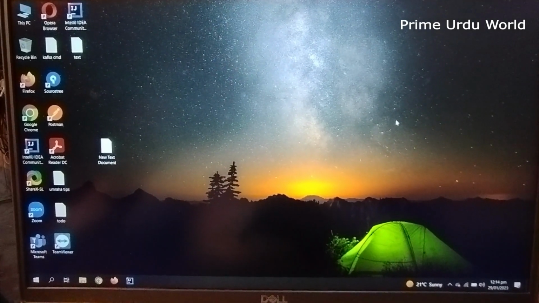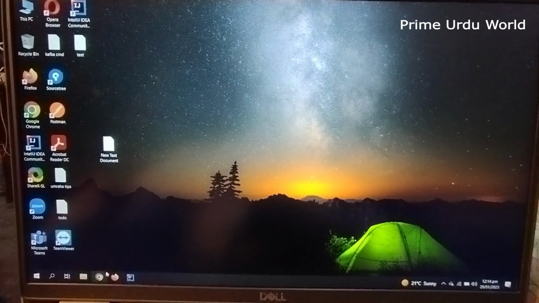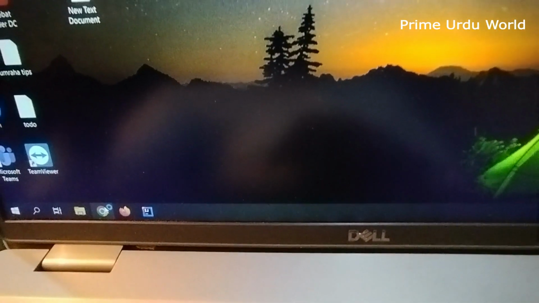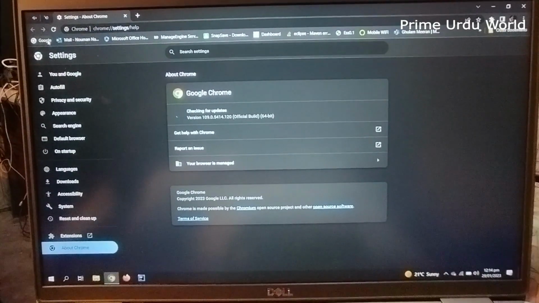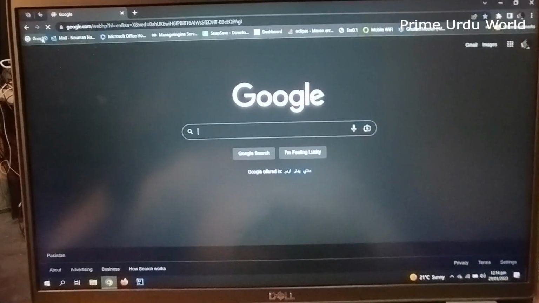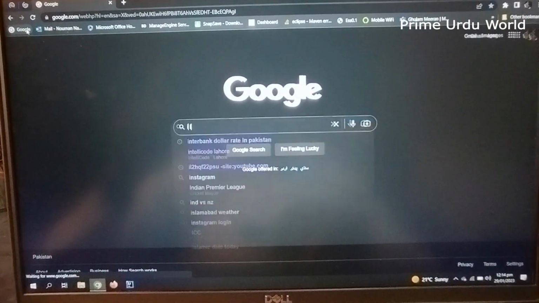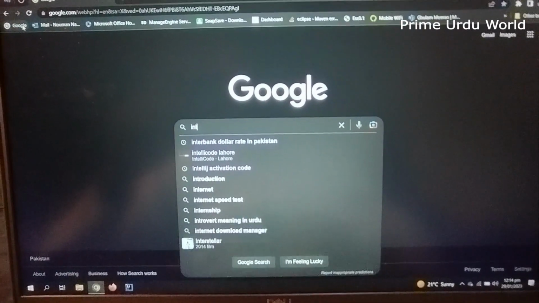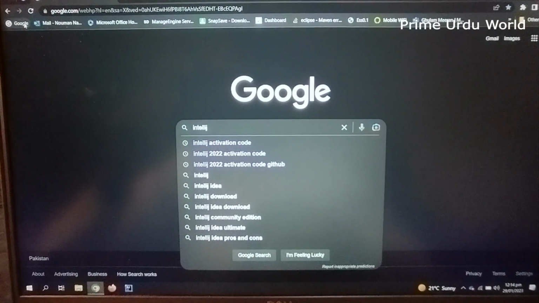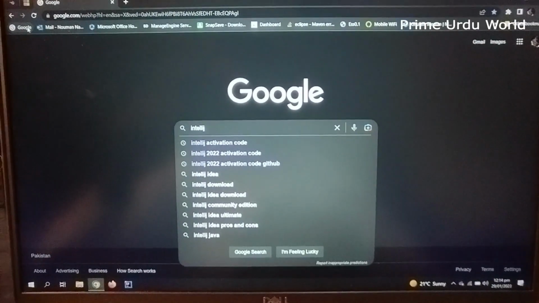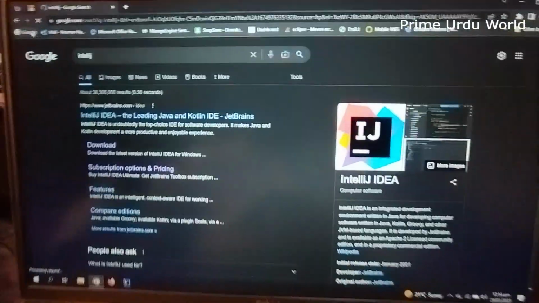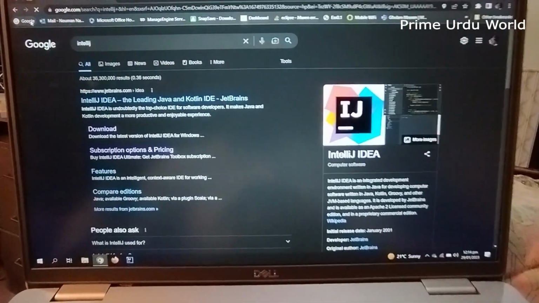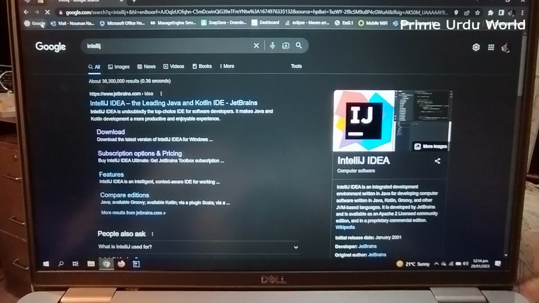So first we head on to my Chrome. Open Chrome and in Google write IntelliJ. This is the IntelliJ website. From here you can download IntelliJ IDEA